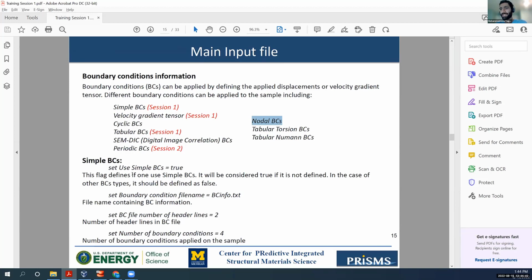So the simple boundary condition is, as its name suggests, simple. The flag is set: use simple boundary condition true. If there is no flag regarding that, it will be set as true, so you don't even have to put this flag. There is a file for that, which is set boundary condition file name, boundary condition info.txt, that I will